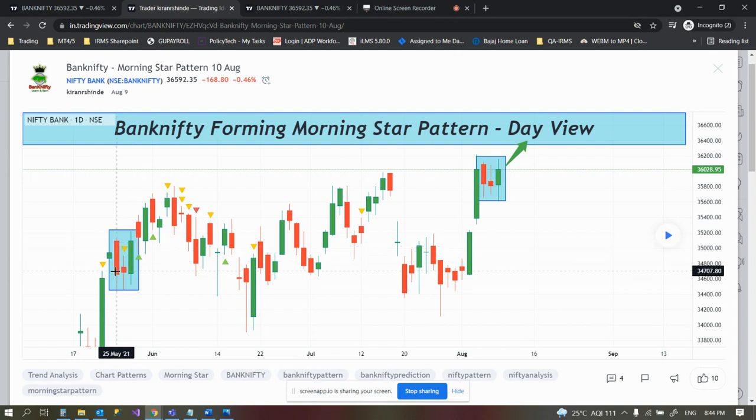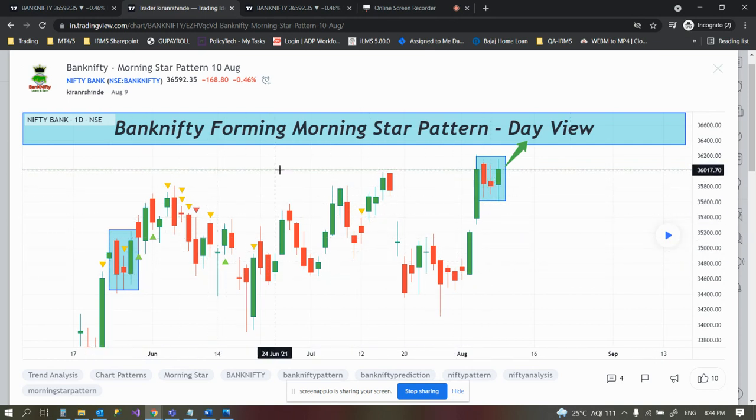Basically, we have a first candle as a negative, the second candle is a doji, and the third one is a positive candle, a bullish candle, and we can see a positive movement. Same here, a morning star pattern. So why I wanted to